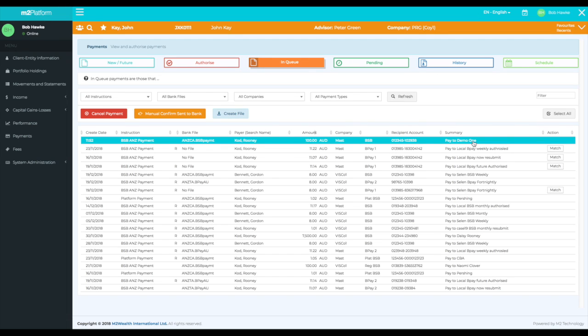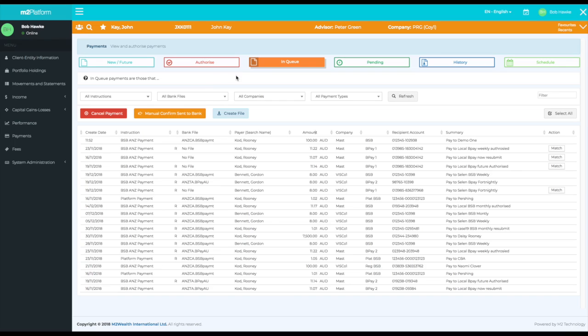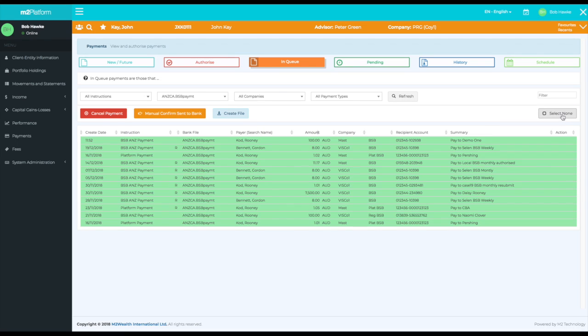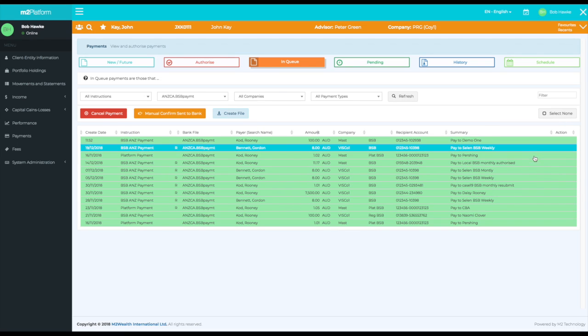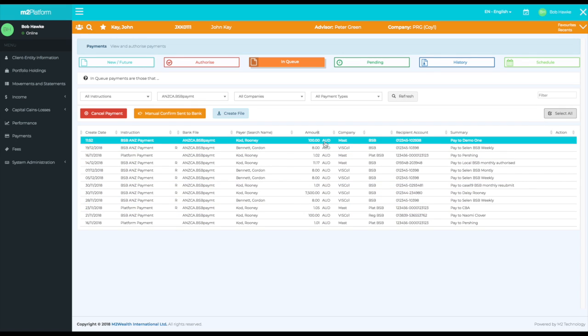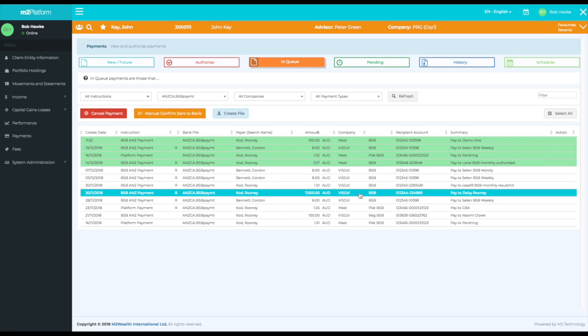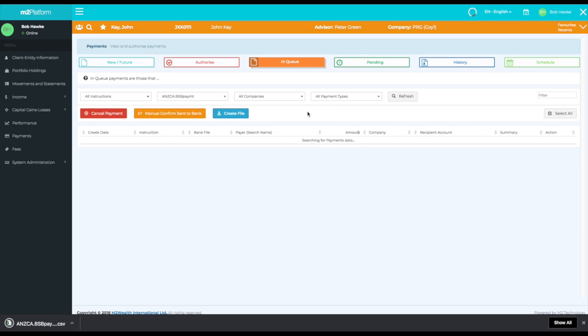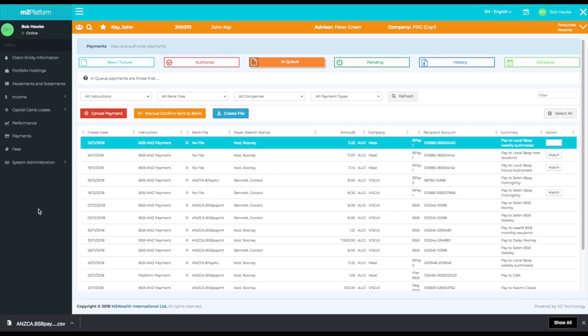to process the payment. To generate a bank file, you will first need to choose which file type you would like to generate using the bank file filter. In this example, I will choose BSB bank file. Next, you can select all payment instructions to be included in the bank file or deselect ones you wish to exclude. Alternatively, you can also select each payment instruction individually you want to include for processing. Next, click Create File. A BSB CSV file will be downloaded to your computer, and you can upload the file